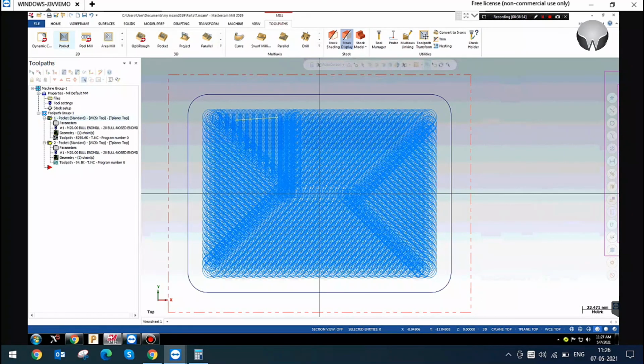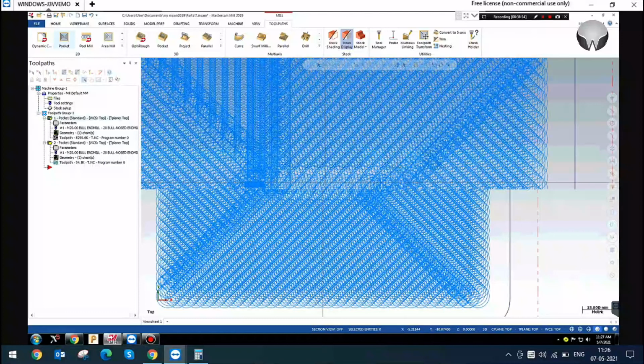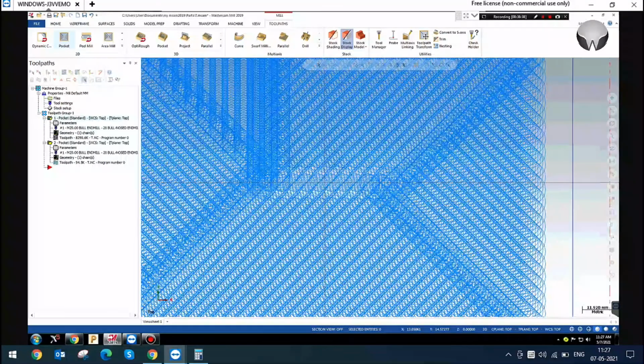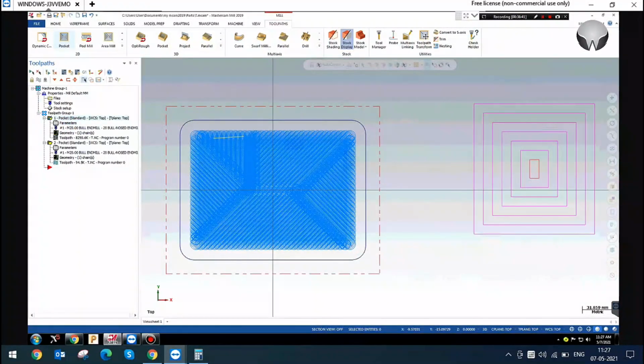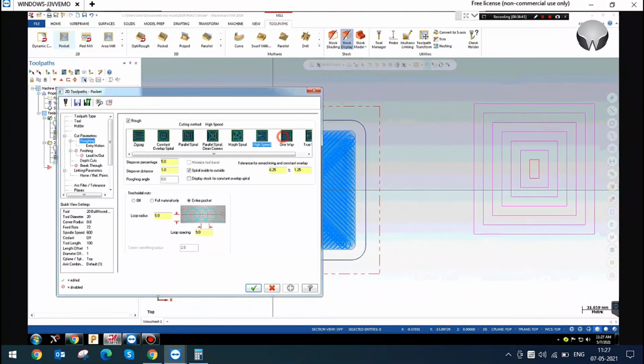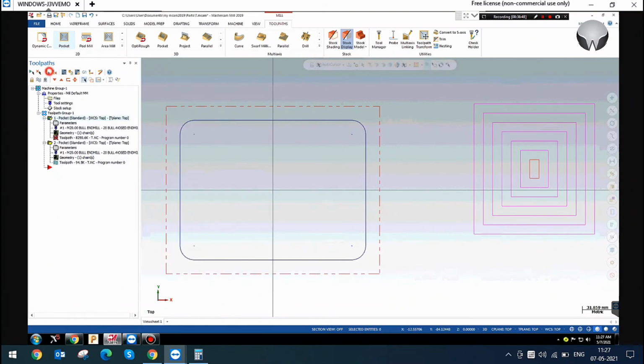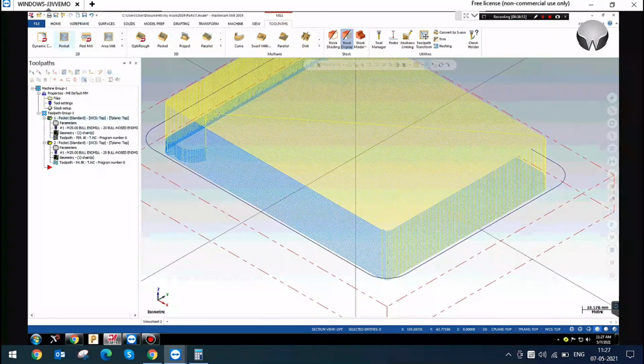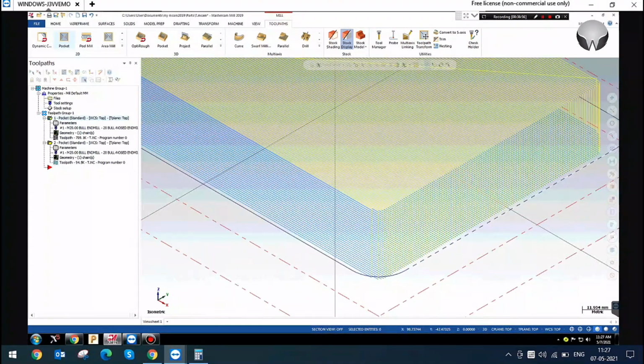there is one of the options, brother. Yes, you can see this. The radius will be greater at the entire Pocket. Yes, this is one of the options called high speed, and the next one is one way. One way and zigzag are the same. It will go every pass with a retract. You can see the one way option.